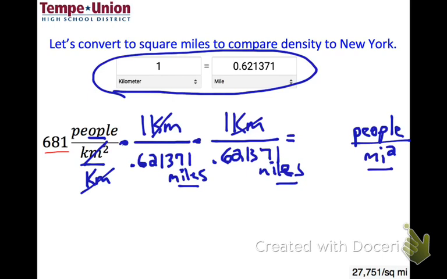So 681 would multiply with each of these numbers. So then that's just 681. So then it would be 681 on the top. And then you would multiply these two numbers together because those are the only two numbers on the bottom. So then it would be 0.621371, and then multiply it by it again, or just square it. And so I got like